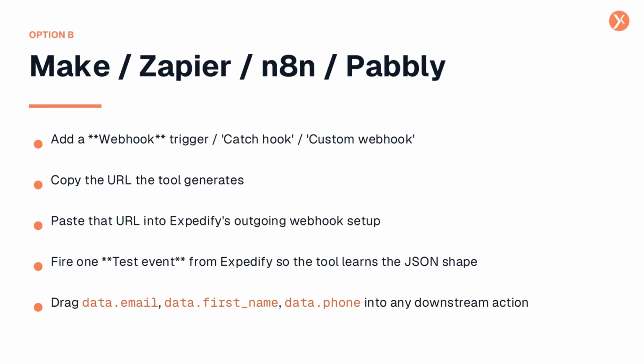No-code platforms like Make, Zapier, N8N, and Pabbly offer another excellent option for building webhook receivers. Each platform typically provides a webhook trigger, sometimes called a catch hook or custom webhook, which generates a unique URL. You copy this URL and paste it into Expedify's outgoing webhook setup. To help the no-code tool understand the JSON structure, you can fire a test event from Expedify. From there, it's a simple drag-and-drop process to map data fields like data.email or data.first_name to downstream actions in your